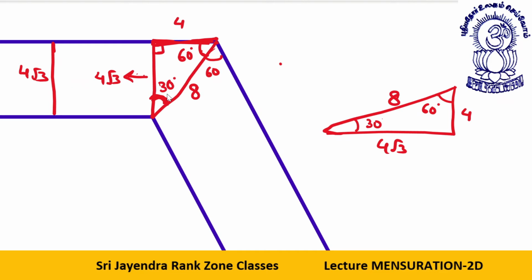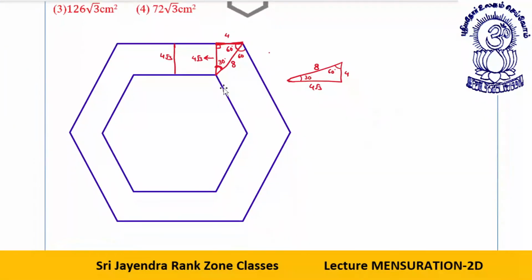This is 8. Now let me reduce the size of the diagram. This portion is 8. This is the center of the regular hexagon. Look, this is 16. This is 8. Similarly, this will also be 8. So this will also be 8. Now the things are sorted. This will also be 8.